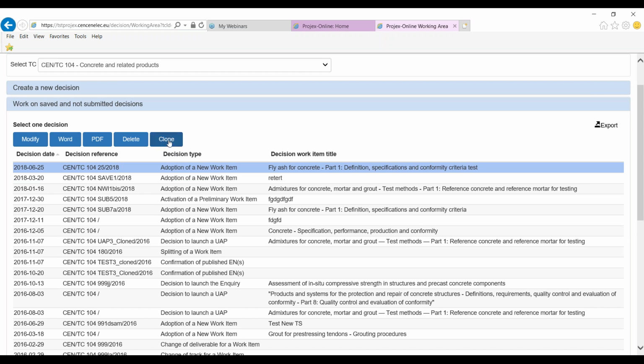And also you have a clone button, which permits the creation of a new decision with exactly the same data that you have put here. This button is very interesting if you need to create several work items for a standard series, and for which the information is almost the same for all parts, and you just need to modify the part of the title. So let's go back into this,